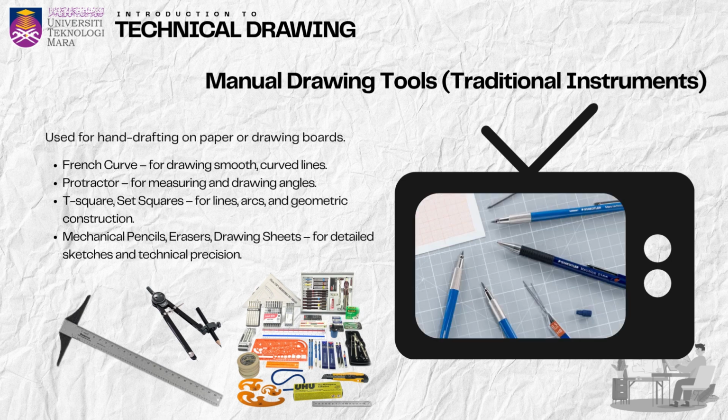Of course, we can't forget the basics: mechanical pencils, erasers, and drawing sheets. Mechanical pencils are preferred because they provide a consistent line thickness, and erasers, well, they're the lifesavers when it comes to fixing tiny mistakes. The drawing sheets used were typically standardized, like A3 or A1 sizes, and placed on a